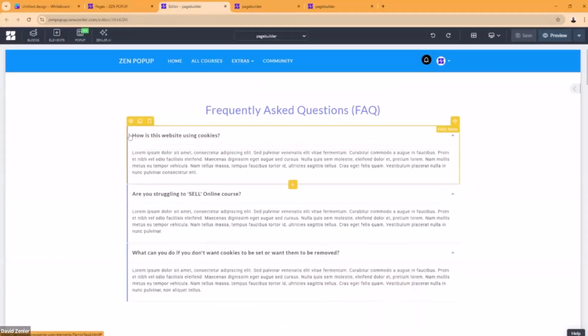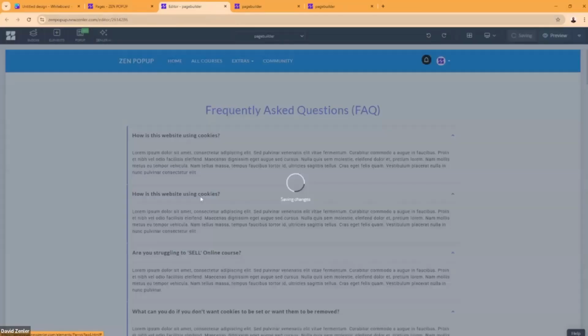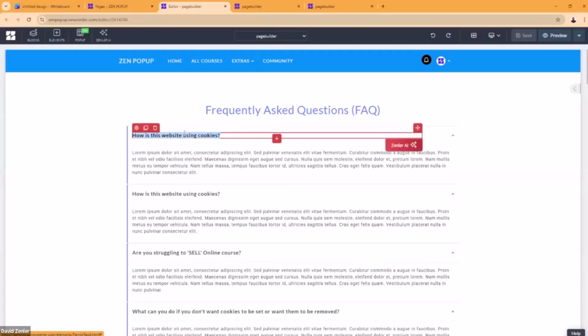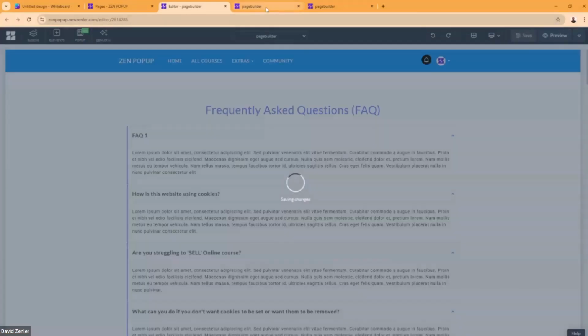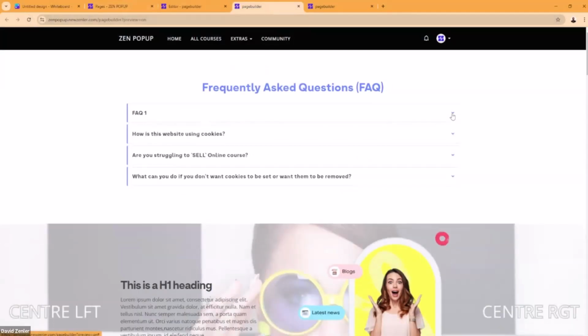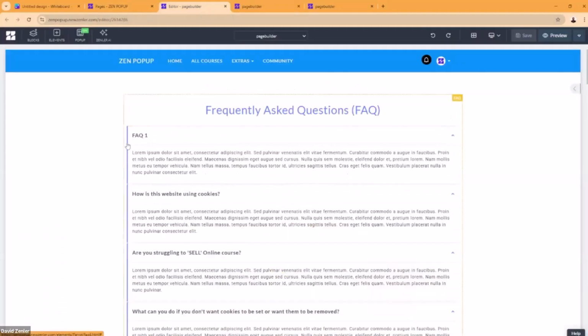I can also add it. If I click this main yellow or gold row, clone it and save it, it's going to repeat it. So I can change my text in here. This is a really cool one for reducing things for FAQs or even extra content. So FAQ, let's call that 1. Let's save that. I want to show you that there is a difference when we update. If I go to here now and refresh, now we've got FAQ 1 and we've got them closed in here. And of course you've got settings in here to change things like colors as well.